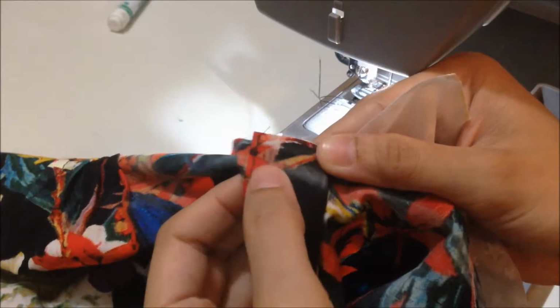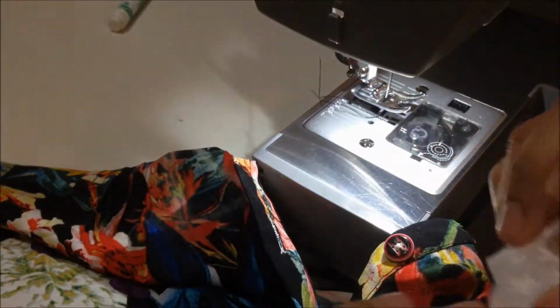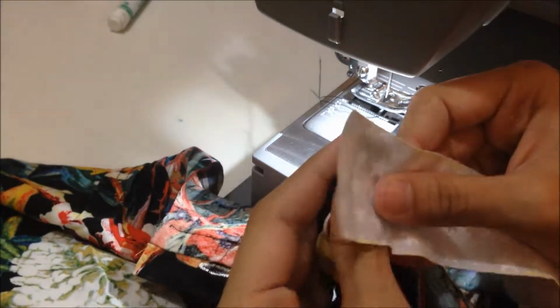So this is the button placket that I had in the middle of my shirt on the front side, and this was the line where my neckline was supposed to be. This is the bias strip. So the right side of the bias strip towards the right side of the shirt. I'm not sewing on the wrong side of the fabric. I'm sewing towards the right side of the shirt. So you'll start from here